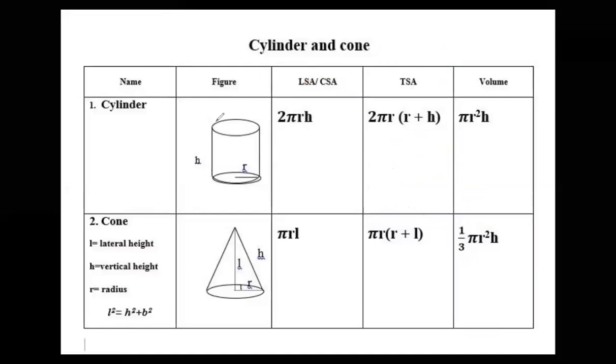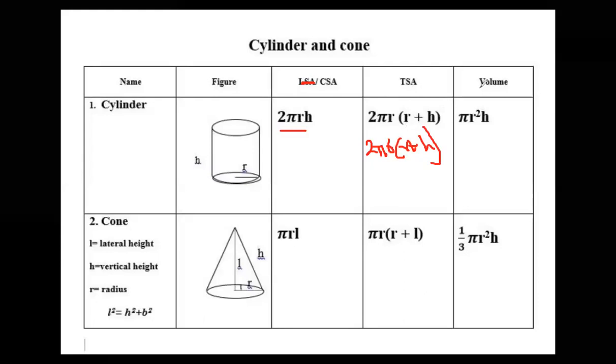Okay, so first of all let us see how to memorize 2 pi r h. What is the formula of CSA of cylinder? 2 pi r h. Correct. So for TSA, let us remember just this much. What is the formula of circumference of circle? It is 2 pi r. Okay, h, 2 pi r h. So what is the formula of TSA? In the similar way, remember 2 pi r, only up to half. 2 pi r. Okay, now after that bracket r plus h. Finish. This is the formula. 2 pi r h, and here 2 pi r plus h. Here r plus h is also added.